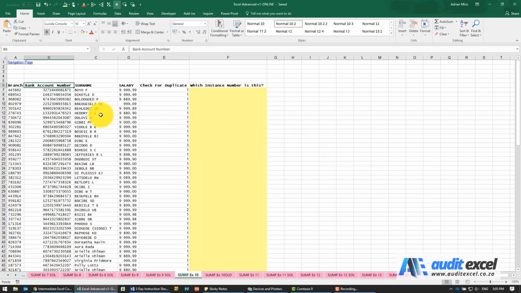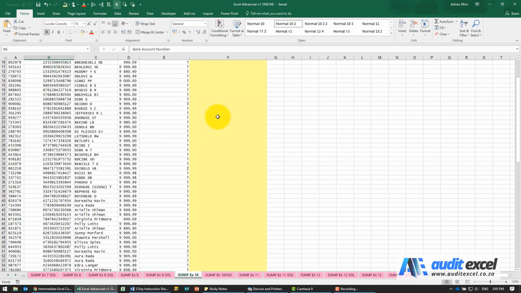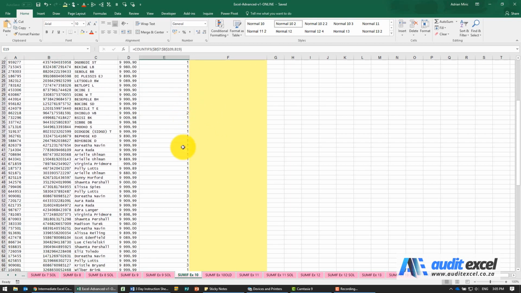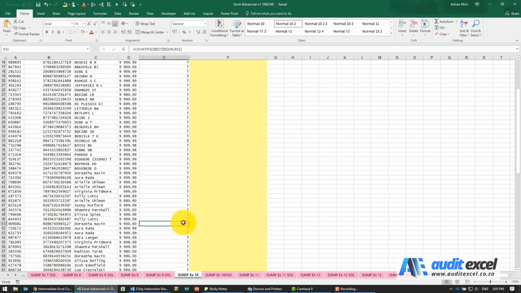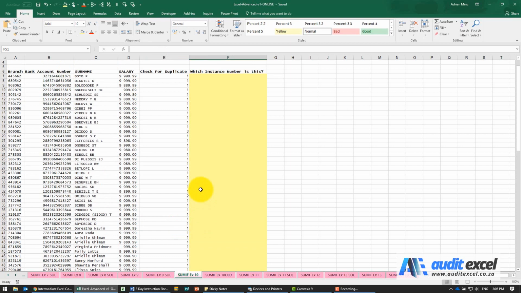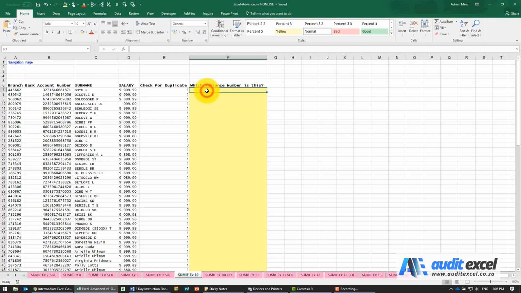In this example, we've already worked out, here's the bank account numbers, and we have already found that there's a whole bunch of duplicates. So you can see it seems to be telling us there's 3 of those. Seems to be 3 of those. However, what we want to know now is what instance is this row of that number. So in this case, that would be the first instance. This one here is probably the first time it's seen this number. And as we go down over here, which seems to have the same number, I want to see a 2 there. So I want to know that that is the second instance. So I want to know in each case what instance number we are looking at.